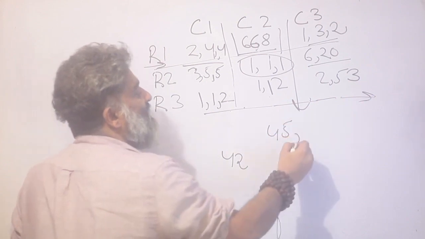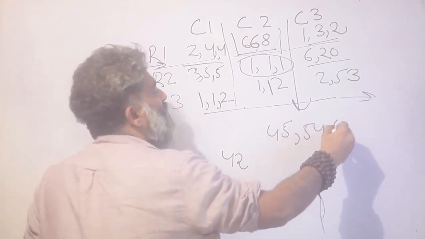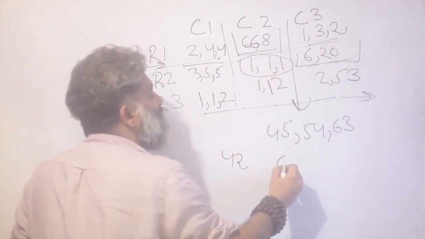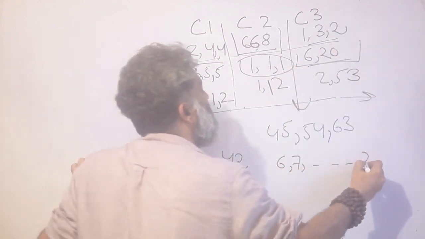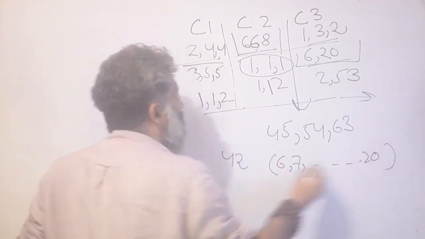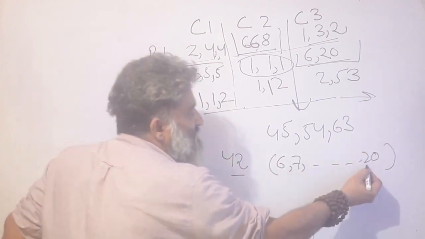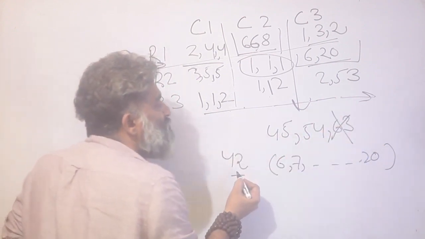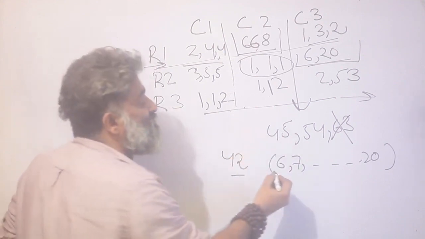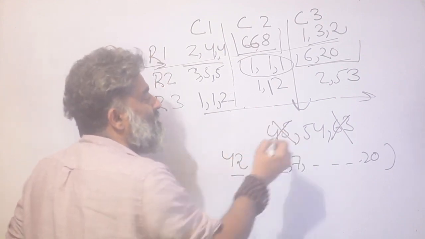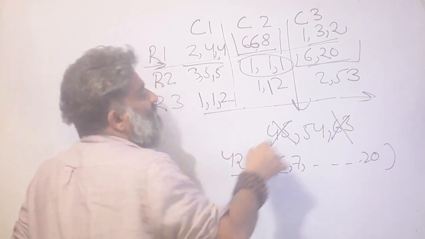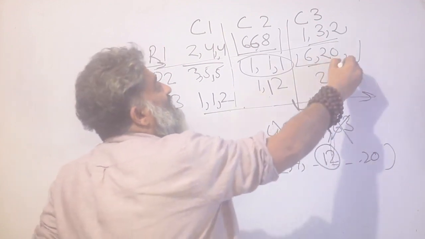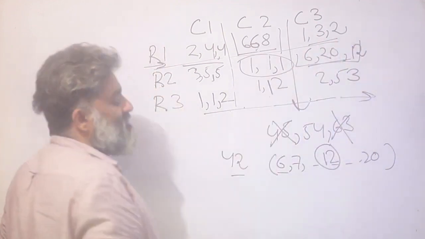So I could have 45, or I could have a 54, or I could have a 63. Only the third pouch from this story is missing, and that could be anything from 6 to 20, right? So you are already at 42. 42 plus 20 is 62. You cannot make it to 63. You are at 42. To get to 45, you need 3, but the story starts at 6. So this is already ruled out. Now from 42, if you want to go to 54, the number required is going to be 12. So the third pouch in the story has 12 coins.